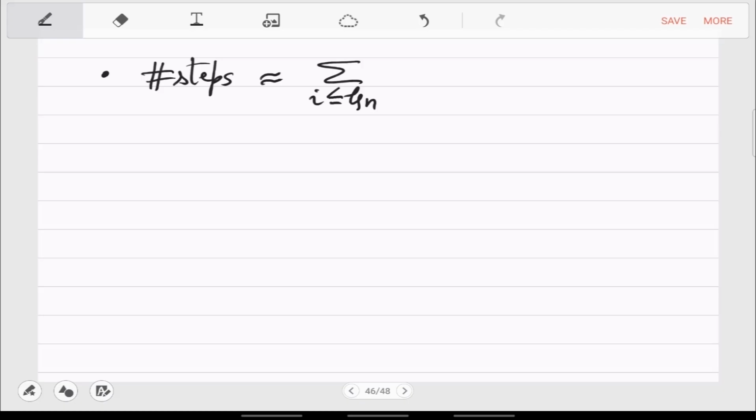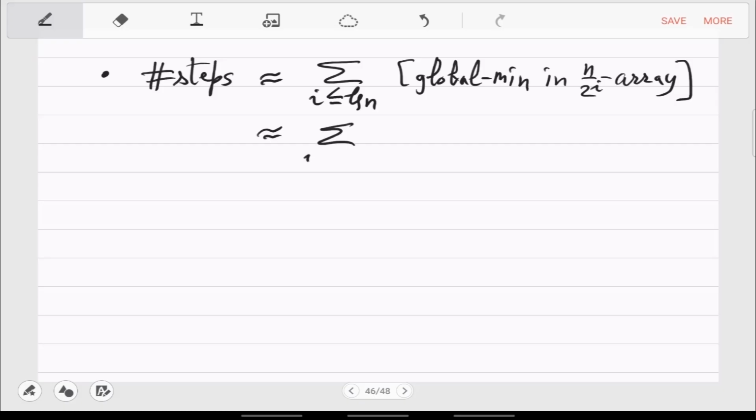So you have to basically find minima, or actually the global min, in an n by 2 raised to i grid array. Right, so which comes down to this much time.